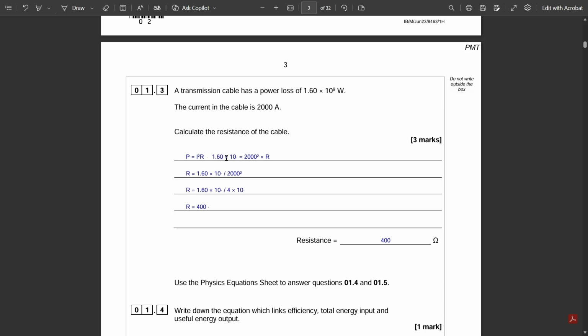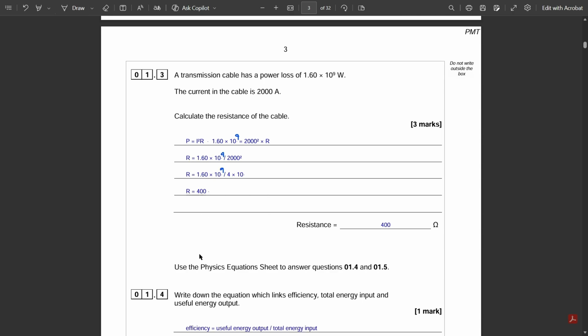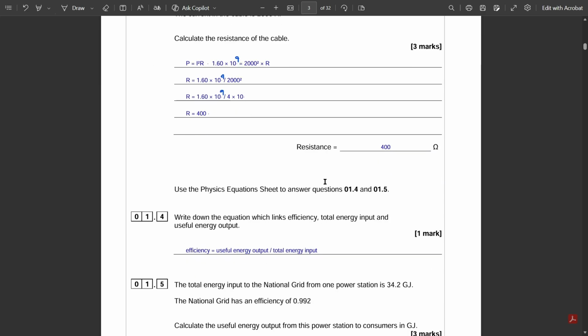So 1.6 times 10 to the 9 equals 2000 squared times R. So it's just 1.6 times 10 to the 9 over 2000 squared, and that gets you an answer of 400 ohms. And then once again, we're just asked to use the physics equation sheet to give the equation which links